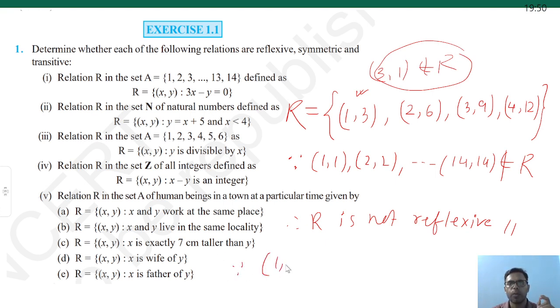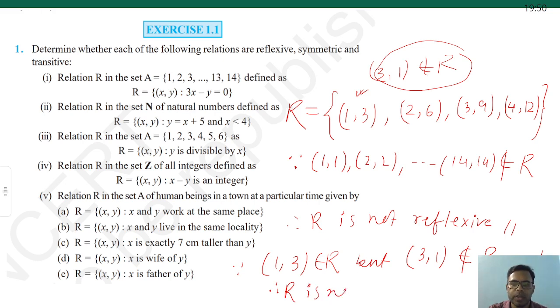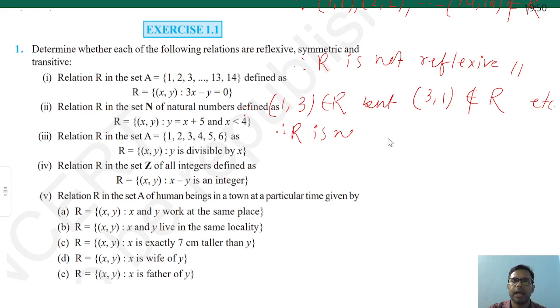Since (1, 3) belongs to R, but the reverse ordered pair (3, 1) does not belong to R, etc. লিখিলে হব। আৰু আছে নহয় আমাৰ, (2, 6) belongs to R, but (6, 2) is not in R, (3, 9) is in R, but (9, 3) is not in R। গতিকে এনেকৈ বহুত আছে, কেইবাটাও আছে, গোটেইকেইটা নিলিখিলে হ'ব, জাষ্ট etc. Therefore R is not symmetric, you write R is not symmetric।